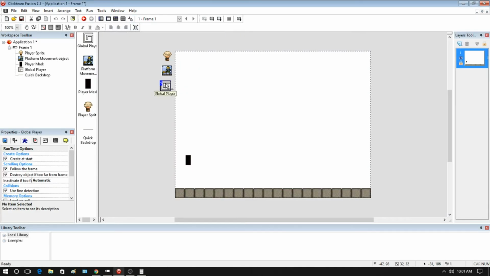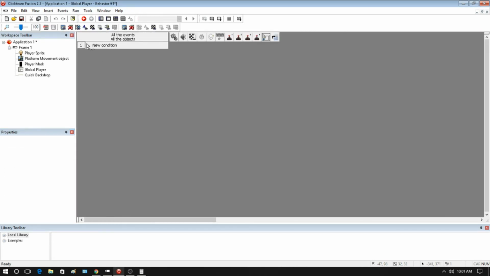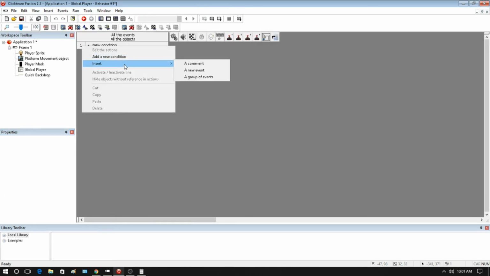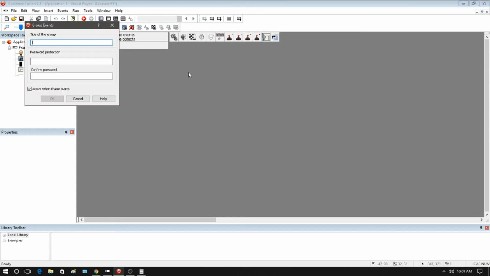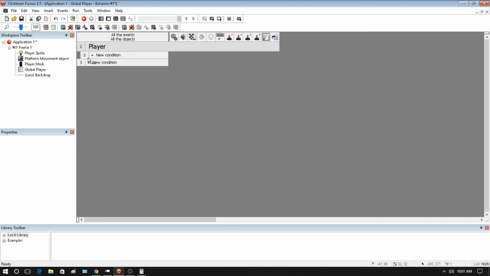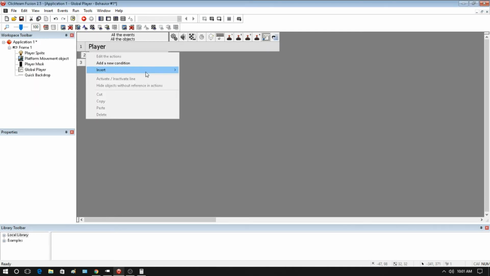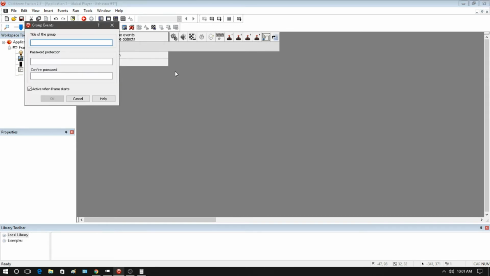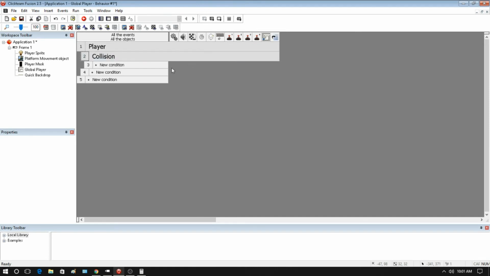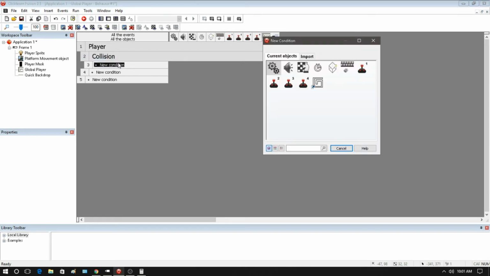So in our global player object, click on the events here, add a new event, edit, I'm going to create a new group, so insert group of events. Let's call this player, and then here we'll insert another group. We'll call this one collision. Okay, we'll add a new event,